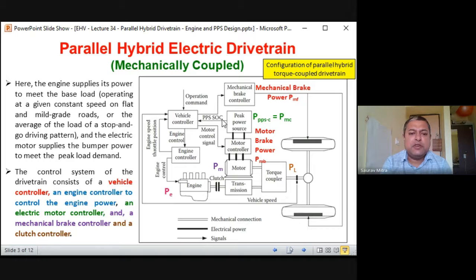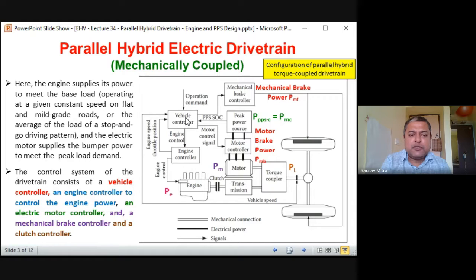Okay, and there are many sensors. So there is a sensor for SOC of PPS. So how this battery source is properly charged or not, that is actually checked continuously, and that message is given to the vehicle controller. How the engine is running, whether engine speed is proper or not, that is actually sensed by a sensor. Message is fed to the engine controller, and from the engine controller that goes to the vehicle controller, because engine is the heart of the vehicle. If engine is running properly, that means the system will get the required power. So this is the engine speed, it is given to the vehicle controller.